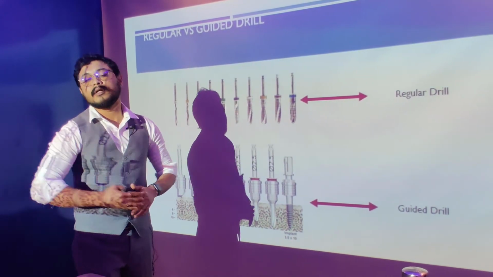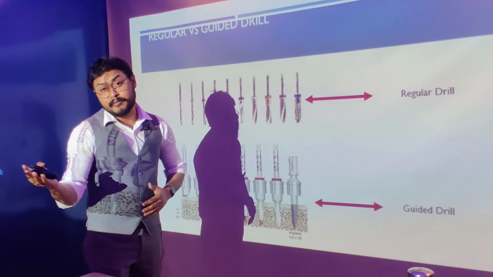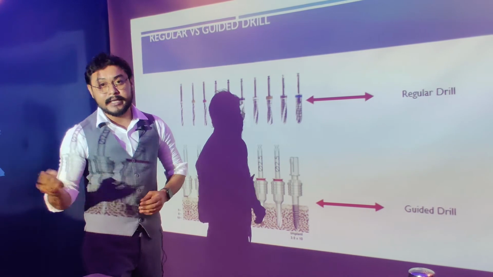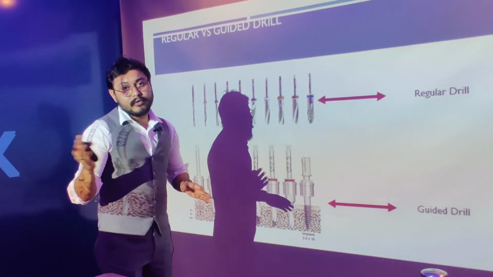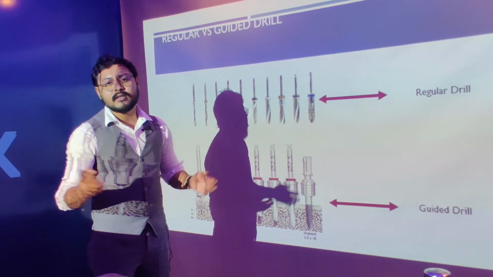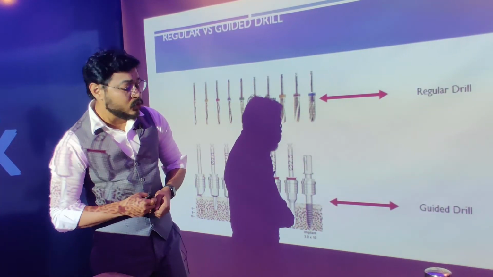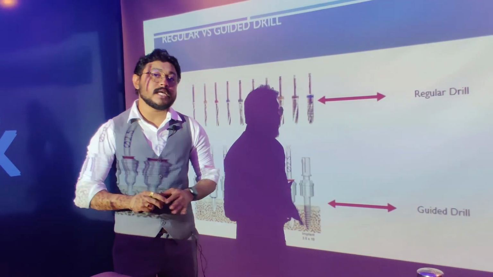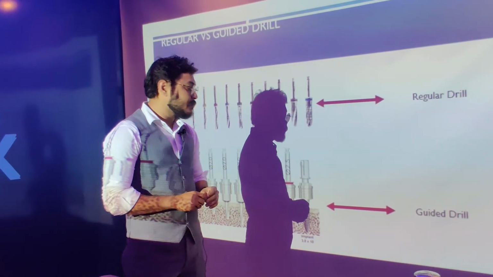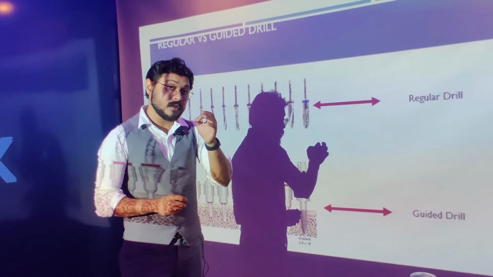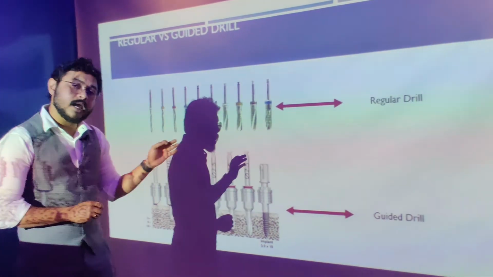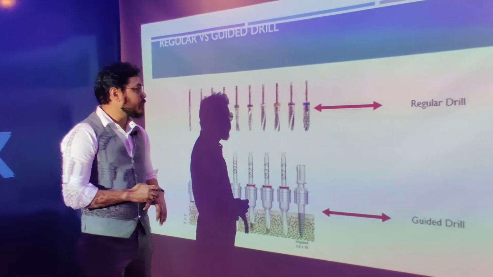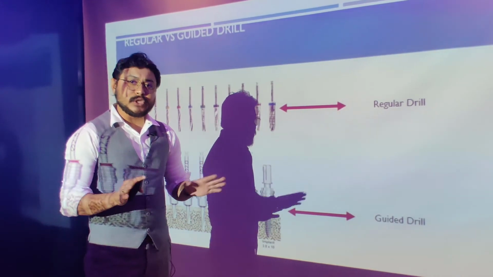Or if you have the fully guided kit, there are a lot of benefits of using it. I think I'll share that information later in my next video. If you have the fully guided kit, you do not need any drill key or spoon to guide your drill up to the final osteotomy. You can use one metal cylinder in the surgical guide as per your drilling diameter, guided kit diameter, or fully guided drill diameter, and you can use that metal cylinder up to the final drilling sequence. Okay, so I think this is all about the surgical guide.